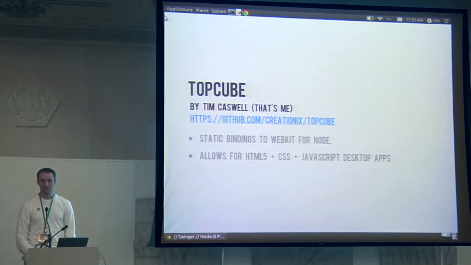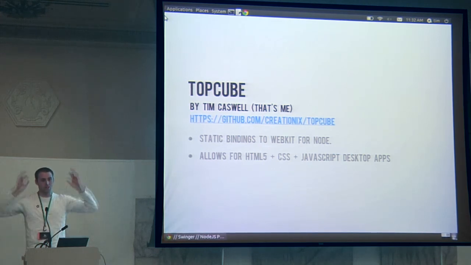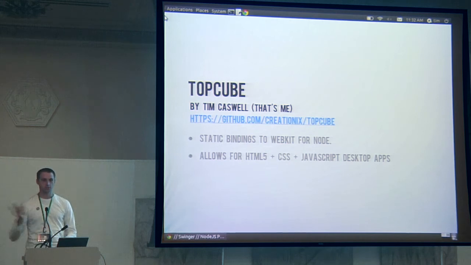And right now, it just binds to WebKit GTK, so it only runs in Linux. But basically, a Node process pops up a window that's a web view and talks to it. Right now, it talks to it over WebSockets, but hopefully I want to have better integration where you can even share context and pass references around. But basically, you can make HTML5, CSS3, and JavaScript apps that run as desktop apps.